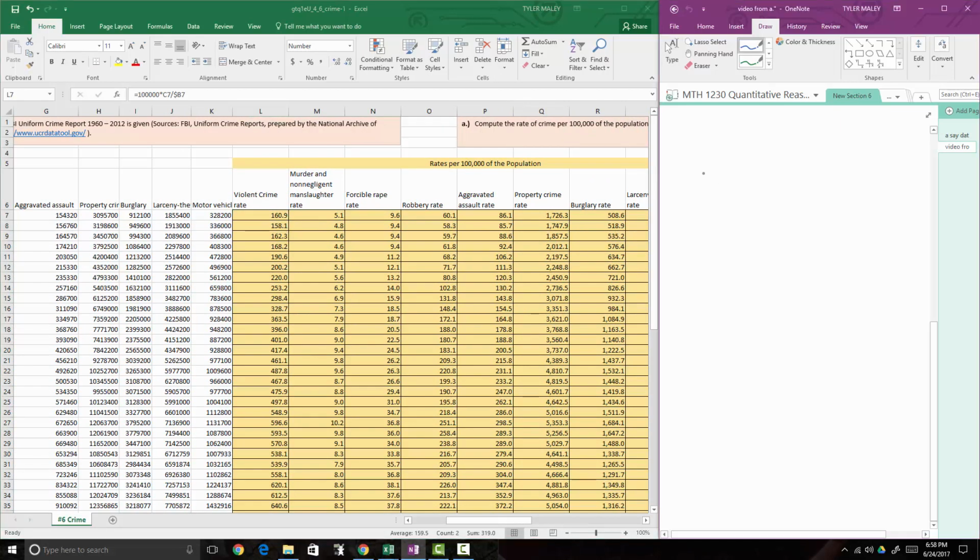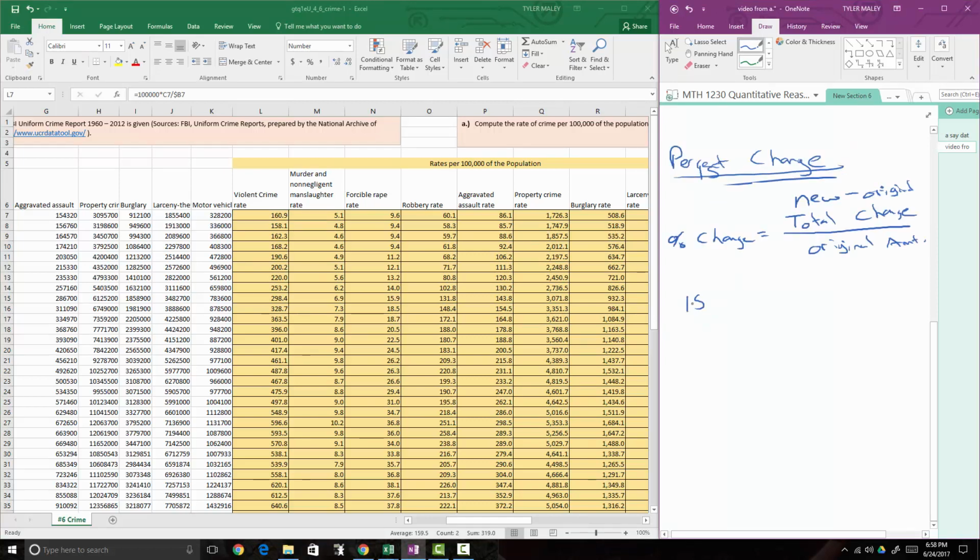So what we'd want to do is take the new number, which is 158.1 minus 160.9, right? And then divide by the original number, which is 160.9, right? So that's how, if I were doing this by hand, that would be the calculations that I want to do, right? And if I was just entering this in as a formula, I would do equals,